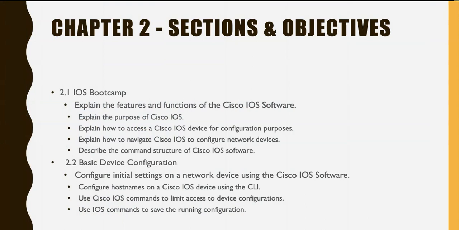All right, so what is Chapter 2 all about? Chapter 2 will be an introduction to Cisco IOS. Cisco IOS is a Cisco operating system. It's an operating system that Cisco uses in routers and switches. So what are we going to learn about it? We will try to understand features and functions of Cisco IOS. I'll try to explain the purpose of some commands,